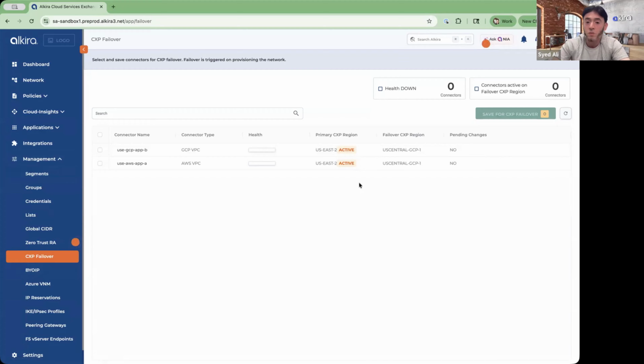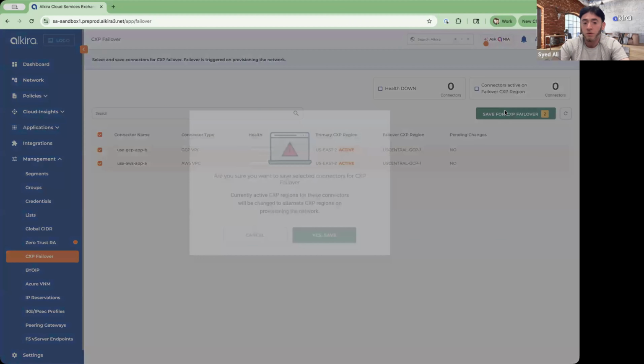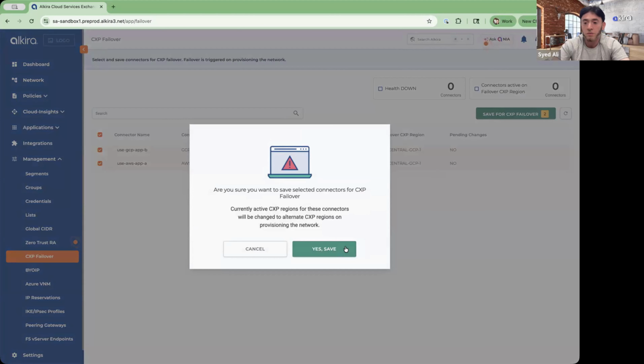That's why we don't just automatically switch over. It's something that a user or network admin would look at and say, wow, both of the availability zones in a region are down, I should now trigger a move. So at that point, they can say, hey, I want to switch from US East to US Central CXP, and I'm going to go ahead and do that real quick.